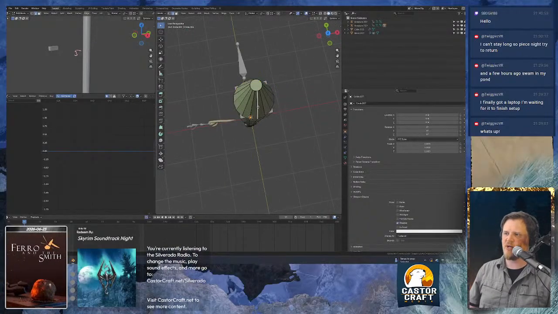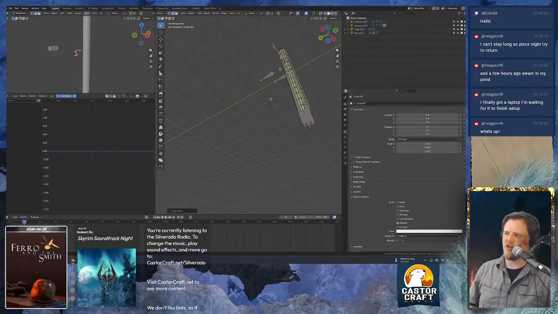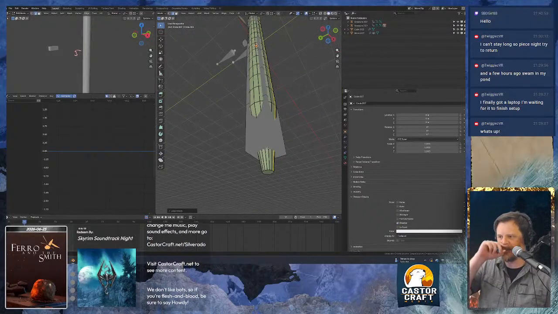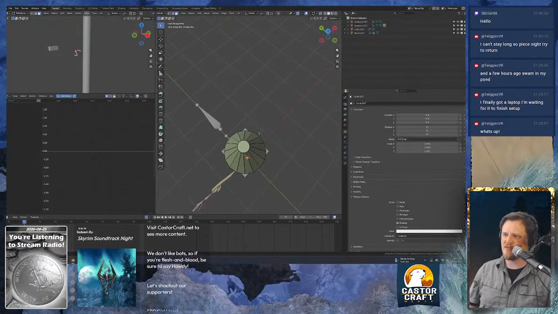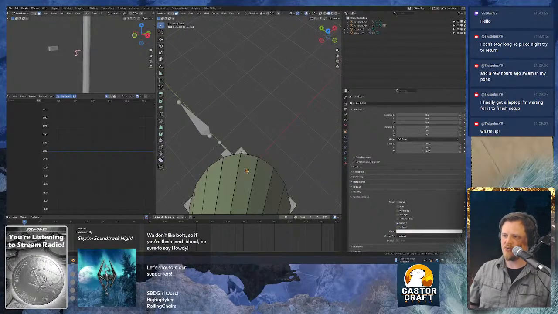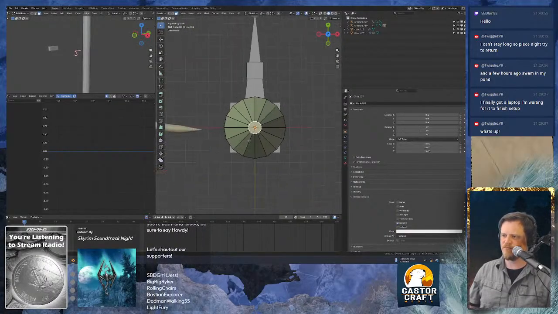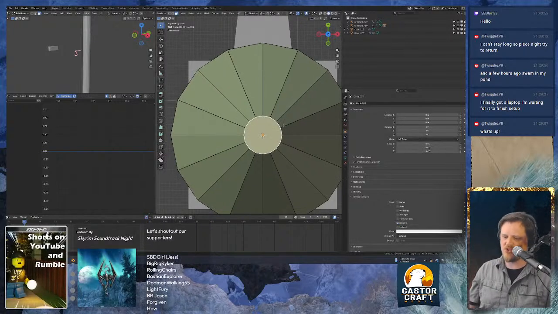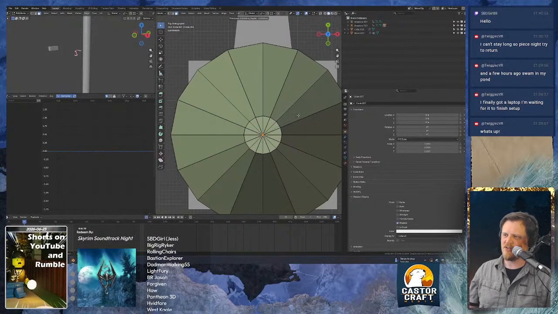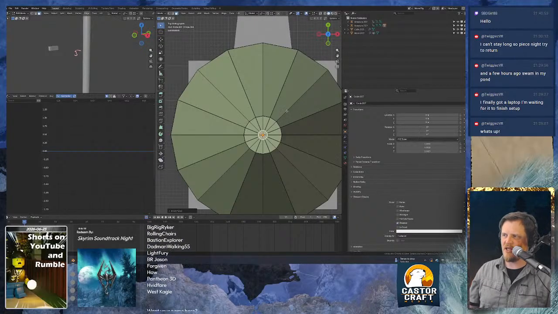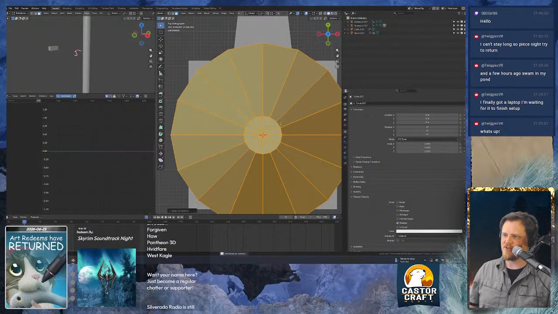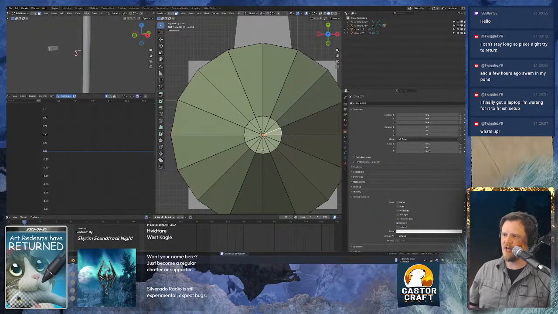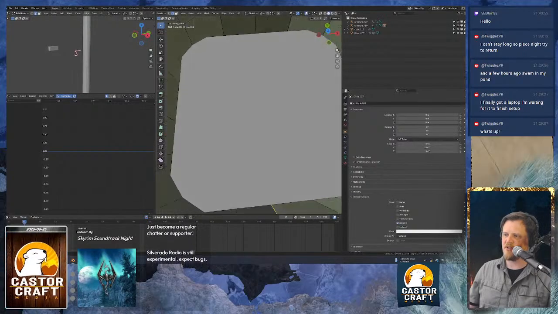So that means we're going to have to grab this character, move that all the way down there, and we are going to... actually, wait a minute. We are going to grab these ends. And we are going to... I want to inset them and then scale it like this. Then we're going to merge by distance. Good. Now we're going to grab this, move it on down, grab that, and